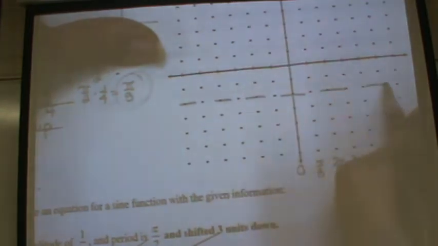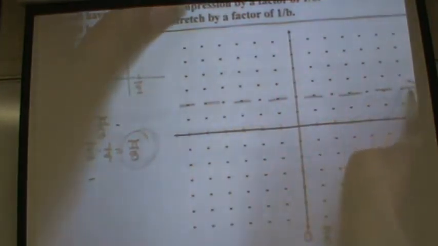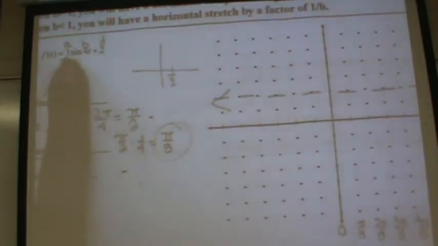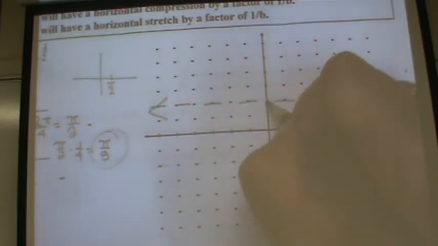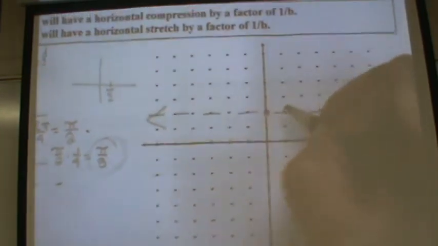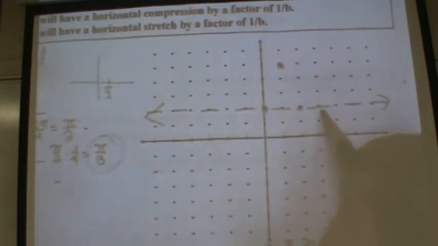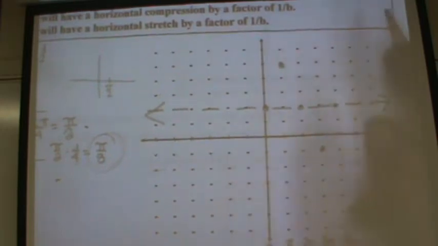We're gonna shift our graph 2 units down. Oh, 2 units up, I'm sorry. It's a plus 2, not minus 2. 2 up. Thank you, Sam. 2 up, not 2 down. Glad you're paying attention. Now, what's our amplitude? 3. What does the sine curve look like? Starts on there, and then where do we go from there? Up 3. Back on, and then down 3, and back on. And this is one